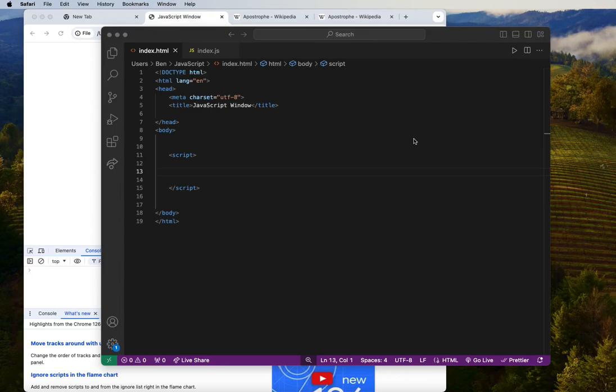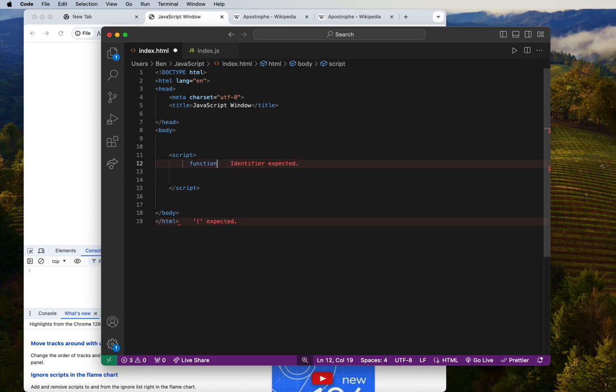JavaScript windows: how to manipulate windows and get information from our browser's viewport. So let's try to have some example inside our script tag. Here, let's have a function, and we'll simply call it windowSize, because we just want to find information about our browser's viewport dimensions. So let's call this windowSize,